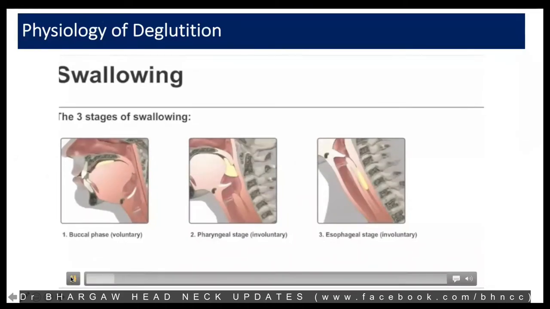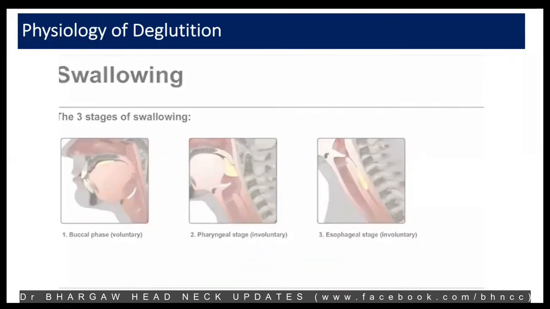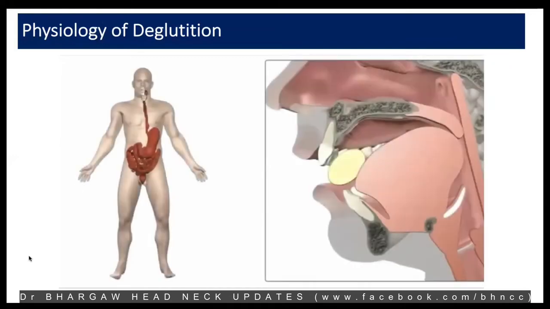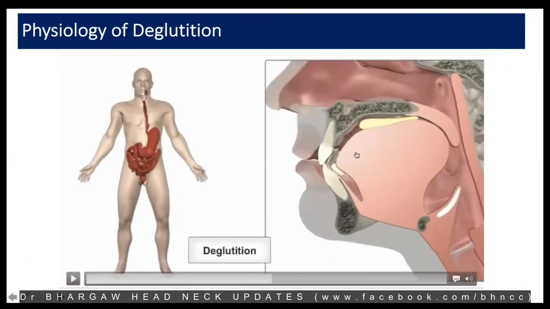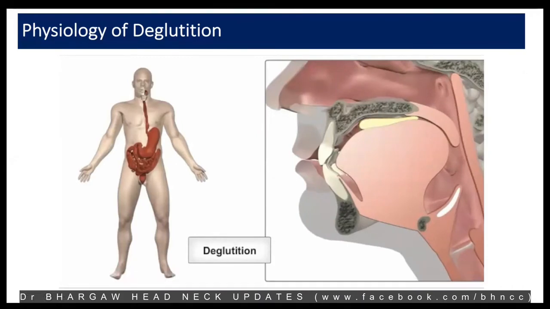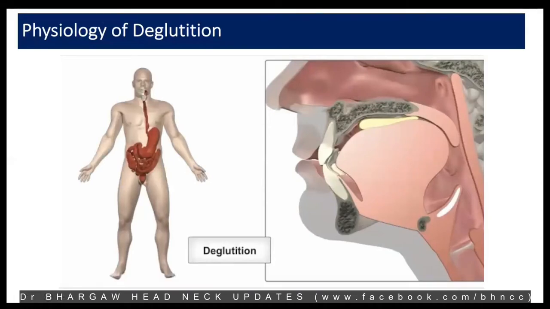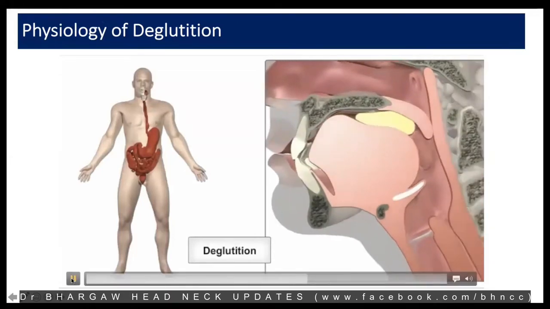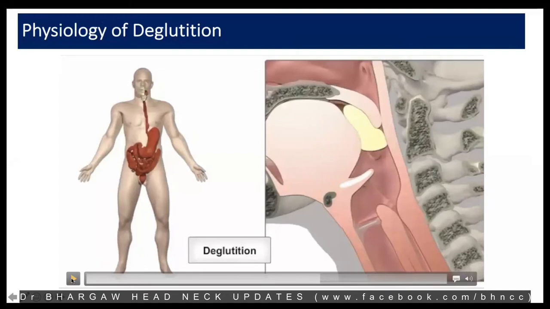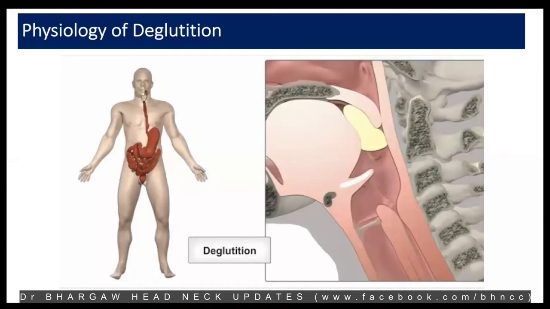So the phases of swallowing, there are basically four phases. The first phase is the oral preparatory phase. That is where the bolus, the food, is received into the mouth, mixed with saliva, masticated or ground by all the muscles of mastication, and also the tongue and the buccinator muscles, which push the food. The second phase is the oral propulsive phase, where the food bolus is pushed backwards, posteriorly into the oropharynx and towards the posterior pharyngeal wall.